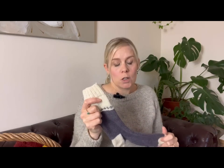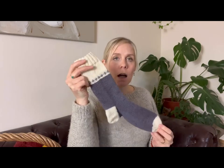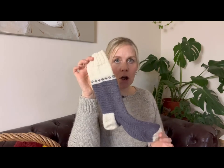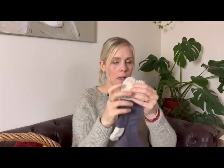Obviously, they haven't got nylon in like a normal commercial sock yarn would, but that's okay. I don't mind that. I don't mind darning them if they get a hole in. That's fine. I just wanted a pure Welsh wool sock, and what better sock to do than the Welsh country one. So yeah, that's why I chose them, and I'm very, very happy, and they're very warm, and I should